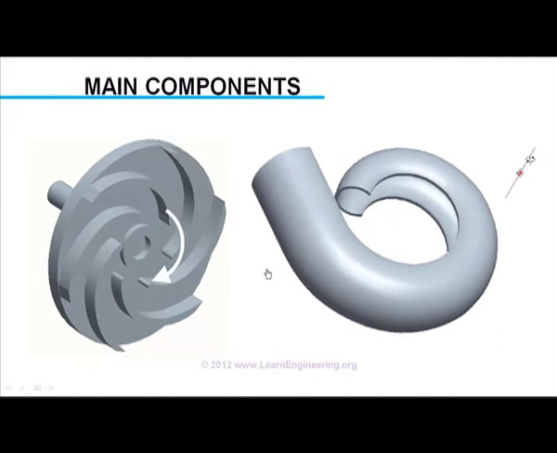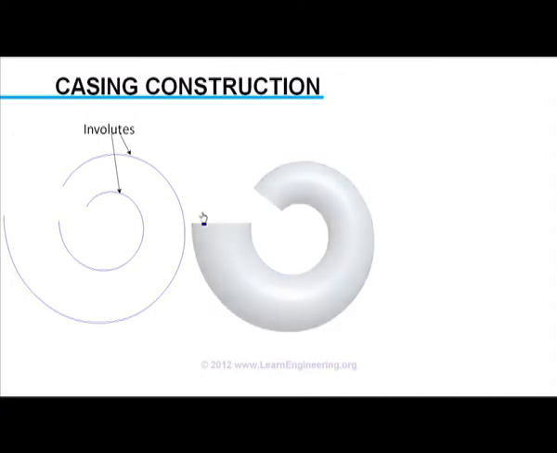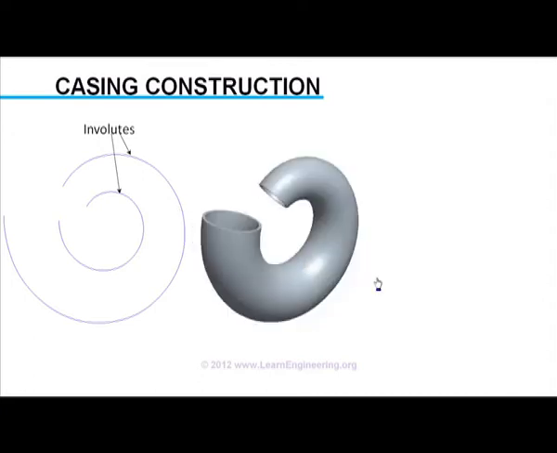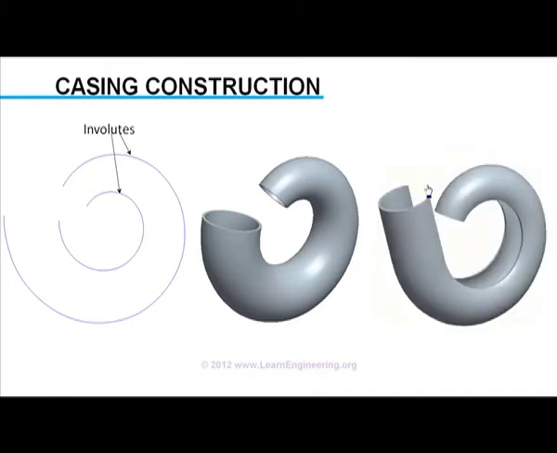It will be interesting to know about the construction details of a volute casing. The casing is made on two volute curves, which are at offset. A three-dimensional volute is made from these curves. A portion is removed from the volute shape in order to accommodate the impeller in it. A discharge nozzle is fit at the exit portion of the casing. Most of the time the discharge nozzle is diverging in shape.